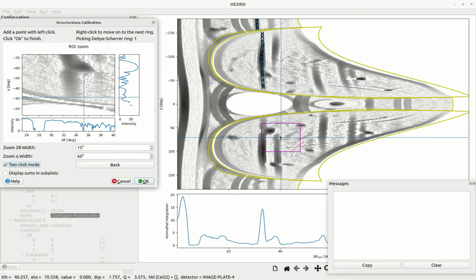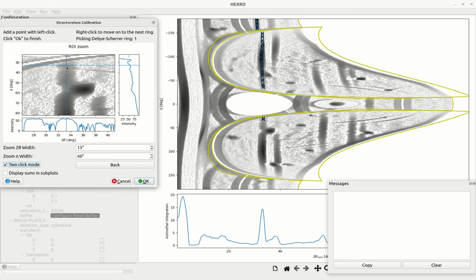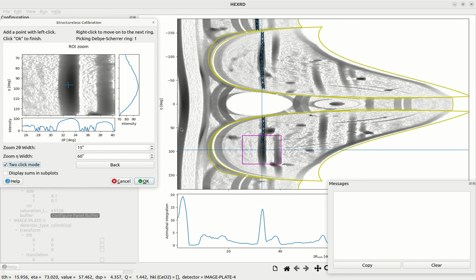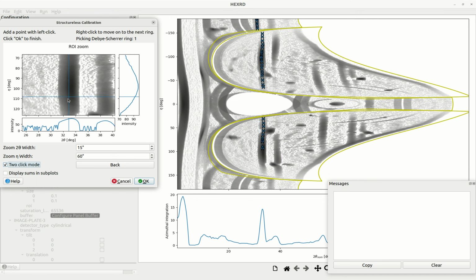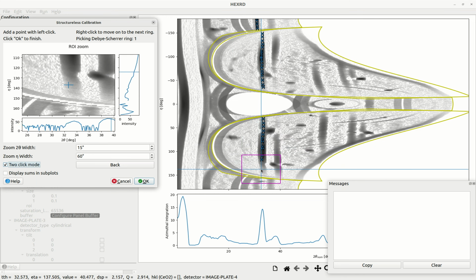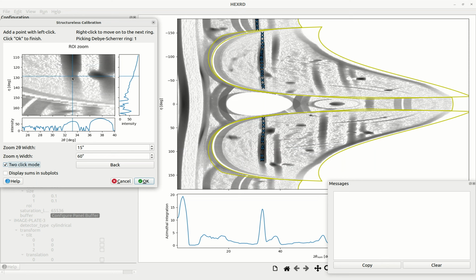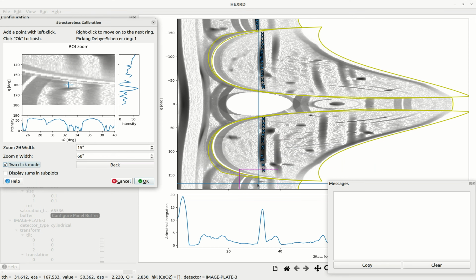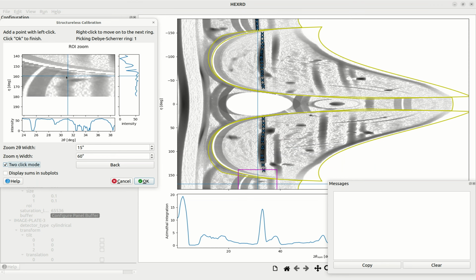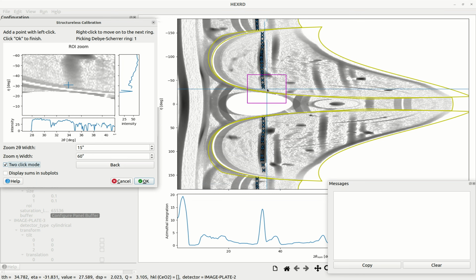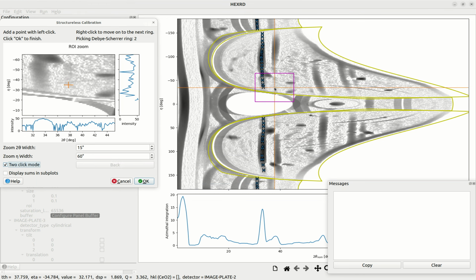So essentially, you're going to keep on going. You'll go across all the detectors for a single Debye-Scherrer ring, left clicking. I'm going to speed along here. Here's the last part. And then when you're done picking points for that ring, right-click once on the main canvas,